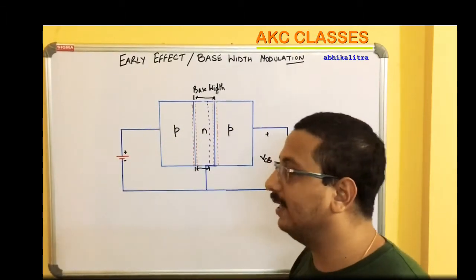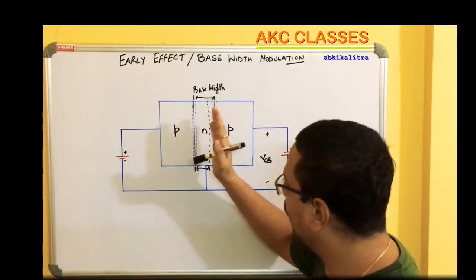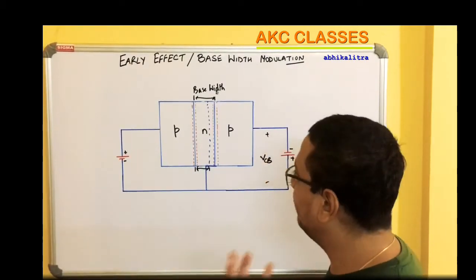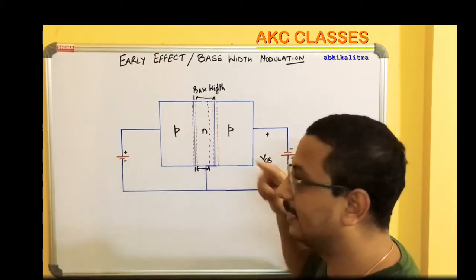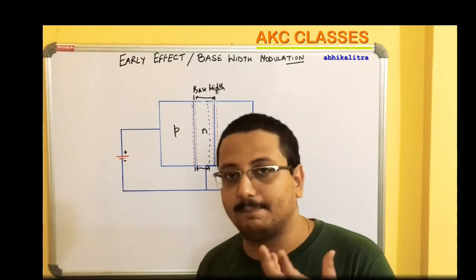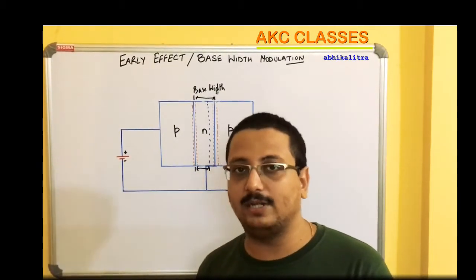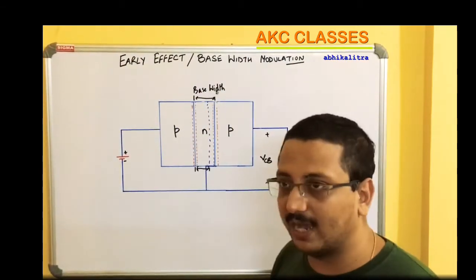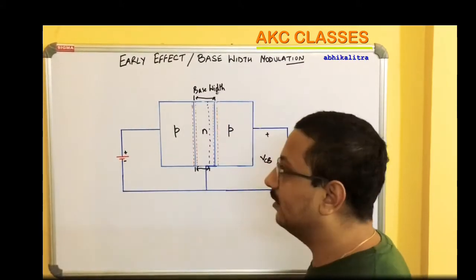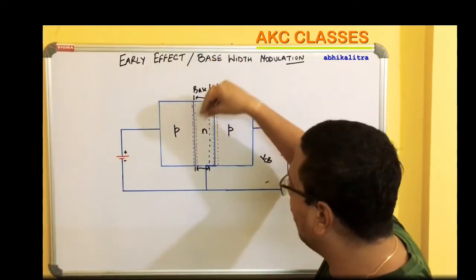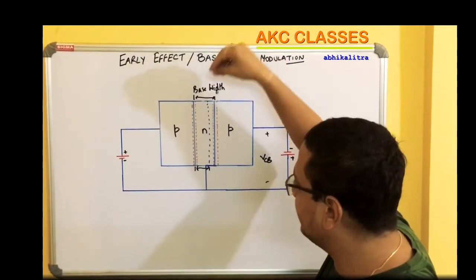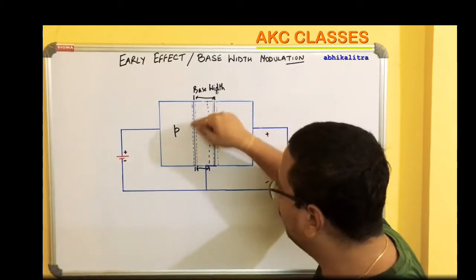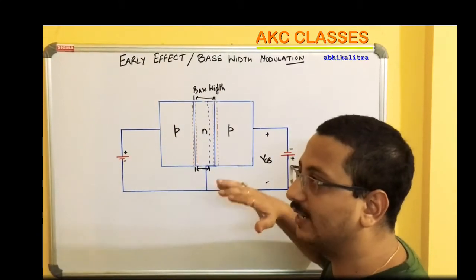Why is it happening? Because of the concentration of holes, the minority carriers, in the base section. Because the base is n-type, the majority carriers are electrons and the minority carriers should be holes. But in this case, since the recombination is done so fast due to the narrow region of the base, many of the holes are now inside the base section, right? So the hole concentration now comes to be more in the effective reduced base width section.